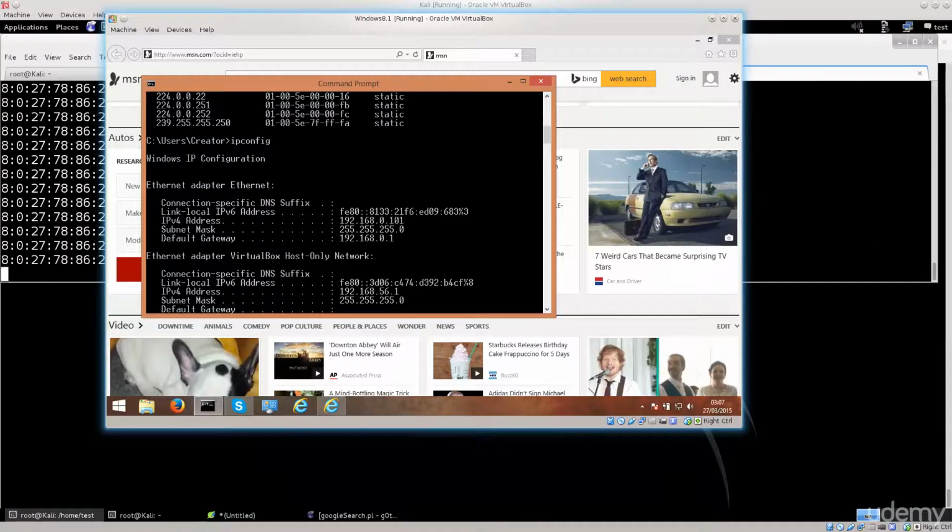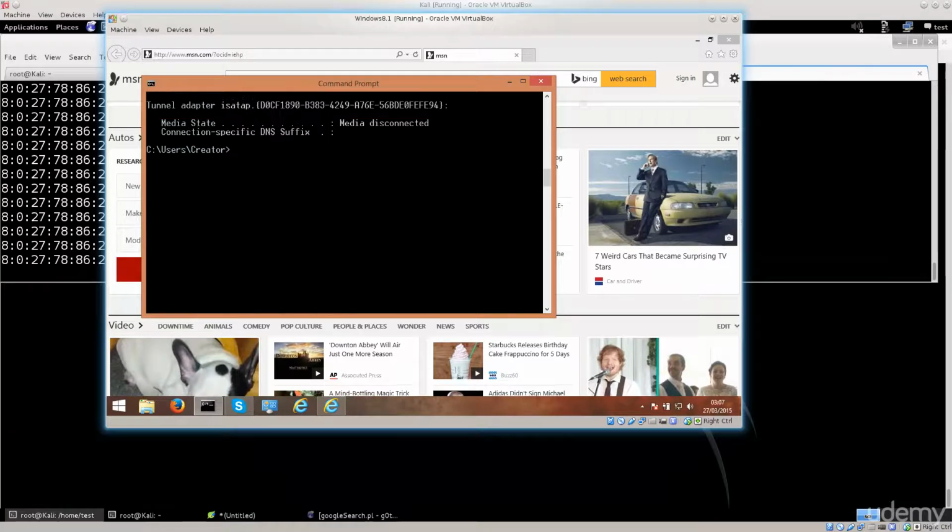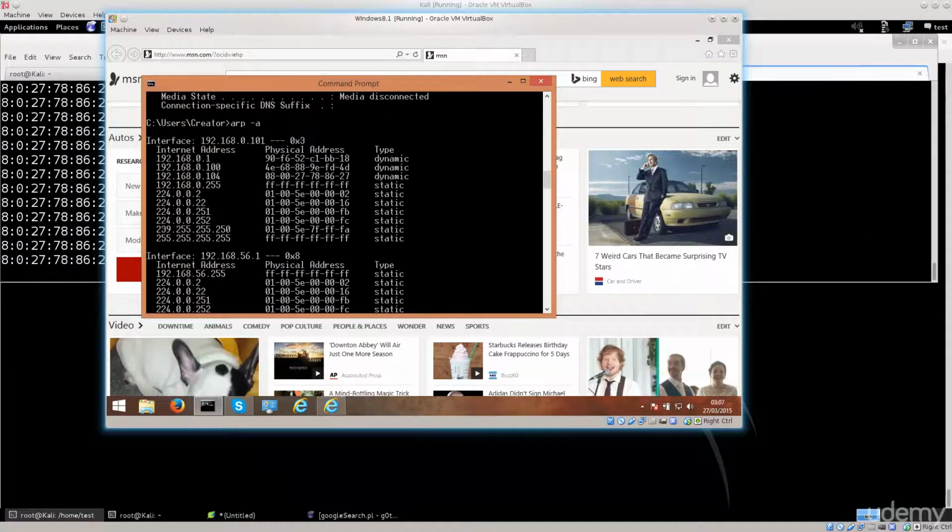192.168.0.1. I can't select things on this wretched CMD, which is completely inferior to the Linux terminal, but what can I really do about it? Anyway, type in ARP-A, scroll up to the top, and you will see that there is an IP address 192.168.0.101. Now, in Linux, we have been able to establish what the default gateway is, and the default gateway